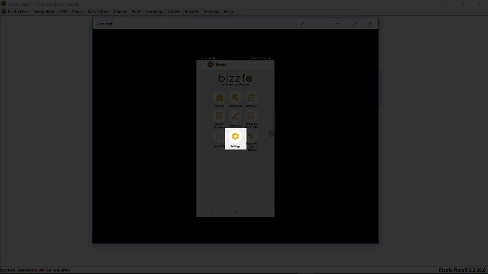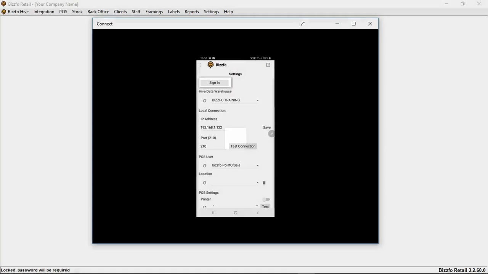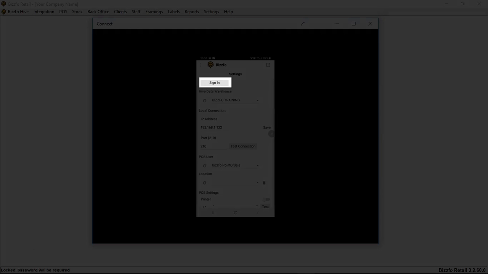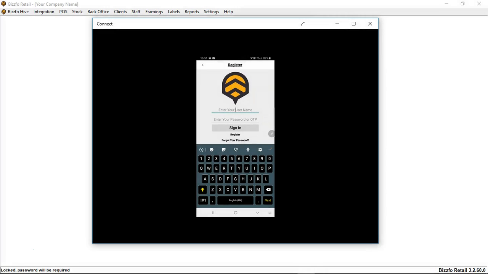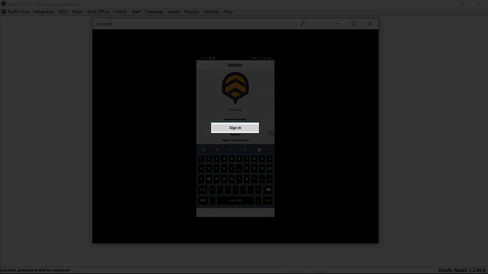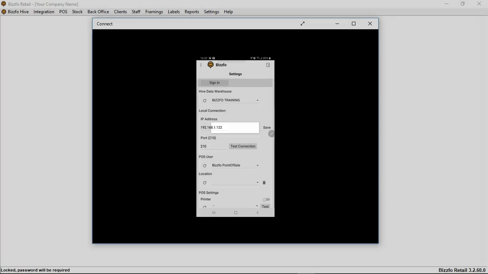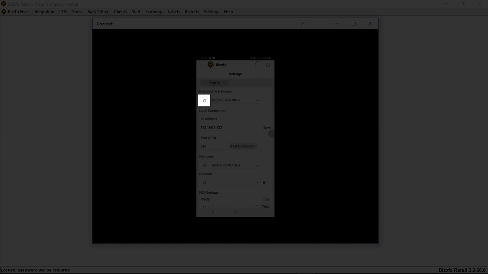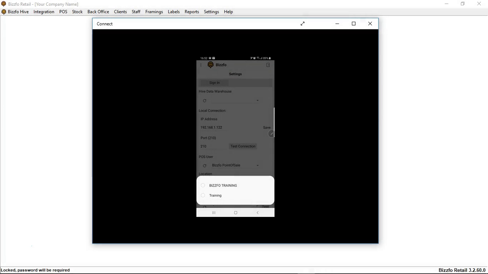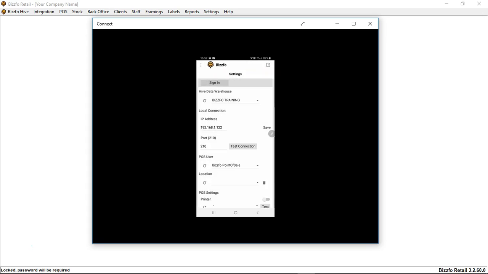First thing that we do is we click on Settings, and then you sign into the data warehouse that you've created. In my case it was training, and I enter my password, and you hit the sign in button. You'll notice that you now signed into your data warehouse. Please select the refresh button and select the warehouse that you want to work with,